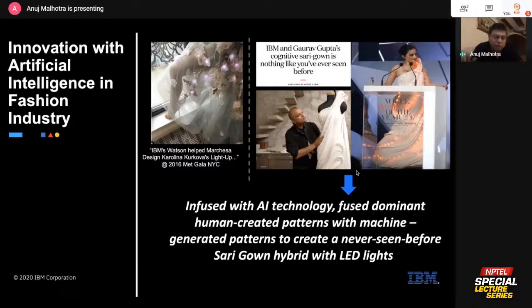It was a hybrid design, built by looking at Gaurav's method of designing and looking at where the trends were going. The trends analysis is visual analytics, right? Looking at textures, colors, patterns, and shapes, and then trying to figure out what is the ideal shape to take out as the next happening thing, right? And this was designed there as well. This had lights too, and interestingly, in this case, if there was a lot of tweeting around lights and mood, the gown lights would change a bit. But this was a sari gown that we developed.